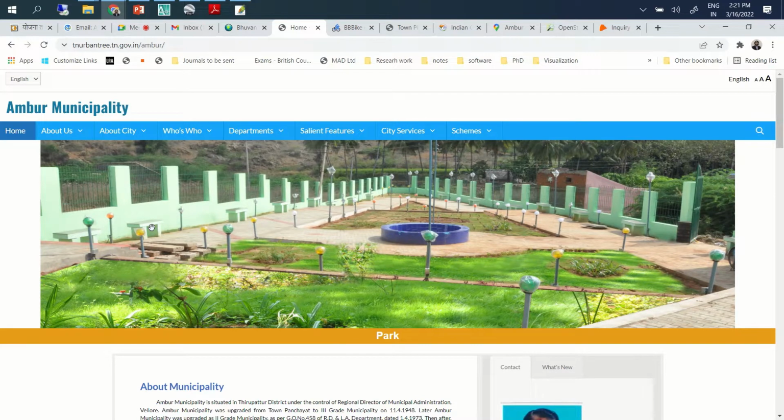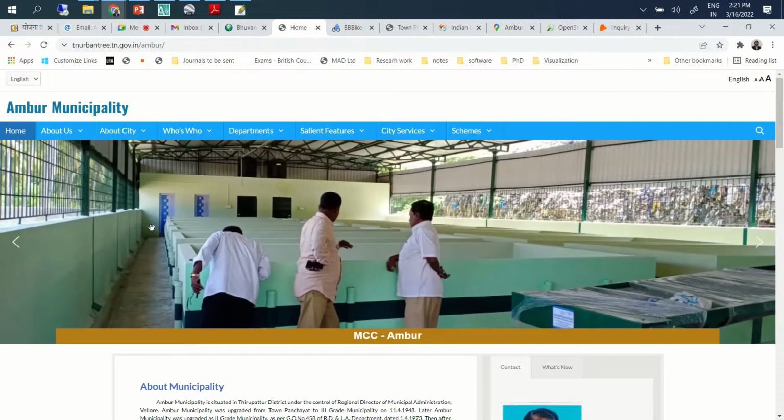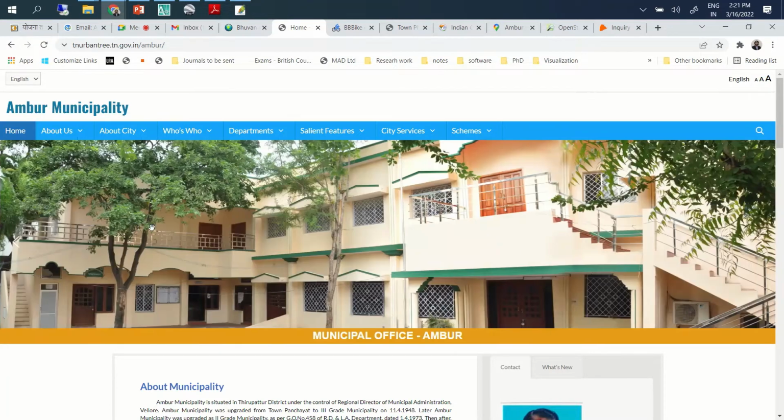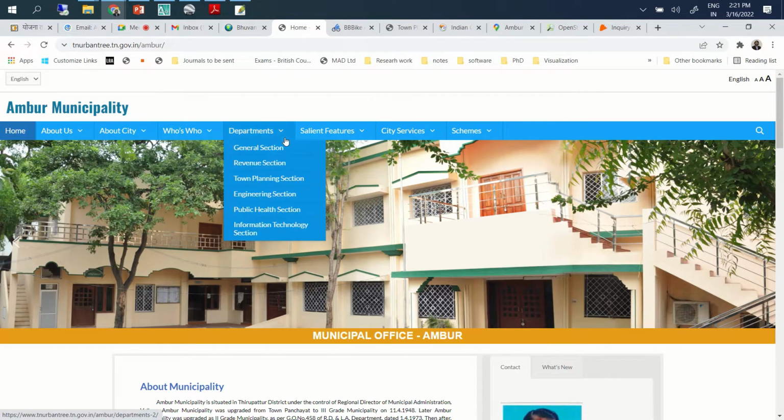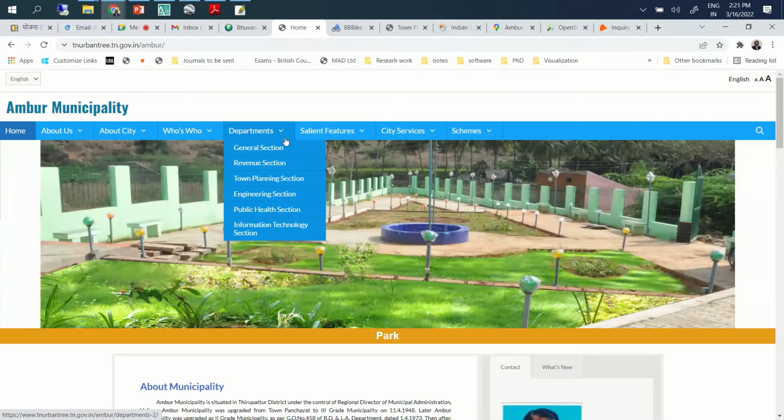Let's say if the class is working in 4-5 groups, at least one representative from each group should visit the municipality to get the required information. Especially, I was just checking the site, there's a department called the town planning section, which means they have a plan in hand.